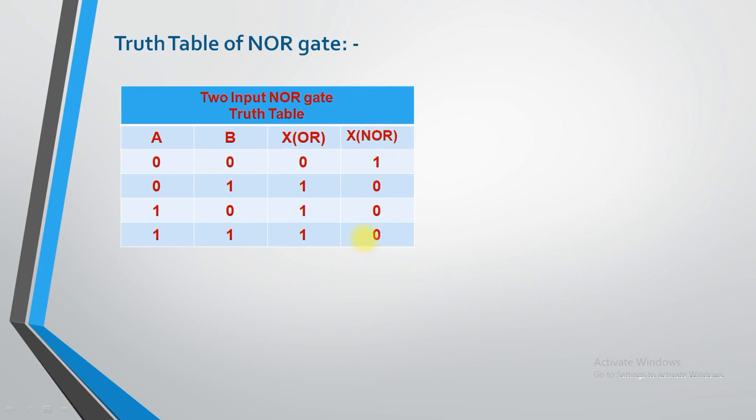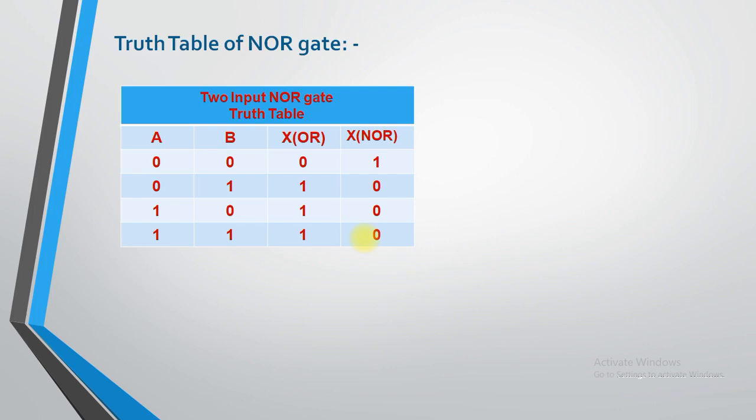So this is all about the universal gate. Universal gate contains two types of gate, NAND gate and NOR gate. NAND gate is not AND gate, NOR gate means not OR gate. You combine NOT with AND and NOT with OR, and based on that you can draw the graphical symbol, write the Boolean expression, and write the truth table easily. I hope up till now you do not have any doubt or any problem.